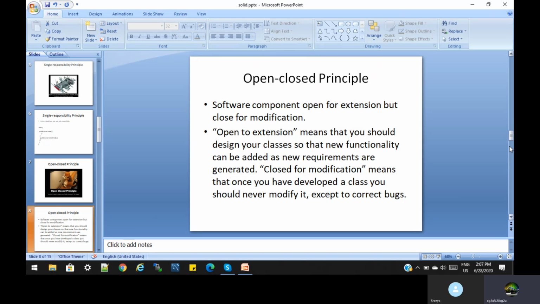Closed for modification means that once you have developed a class, you should never modify it except to fix a bug. Suppose during development you find a bug, you have the right to resolve it. That kind of modification is allowed. Anything else we consider as an extension. Okay, this is the open closed principle.